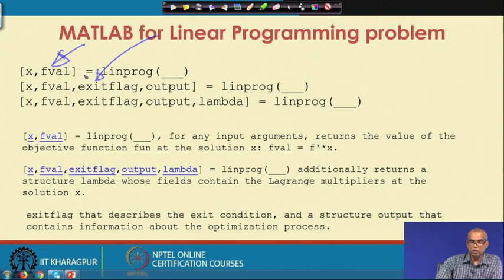If you include exitflag, it will describe the exit conditions, and the structure output contains information about the optimization process. If you introduce lambda, it will contain the Lagrange multipliers at the solution x. So, all these possibilities are there. There are various ways of calling linprog, and the bare minimum is